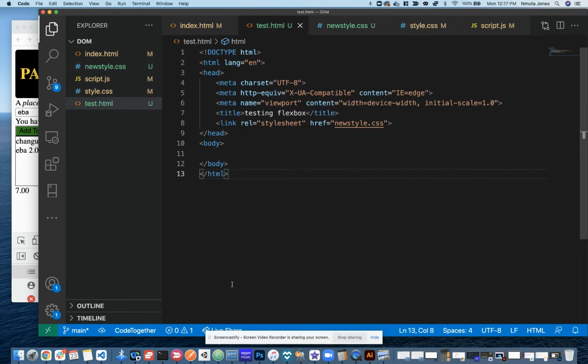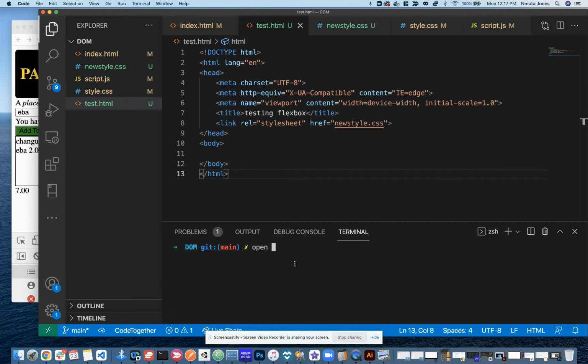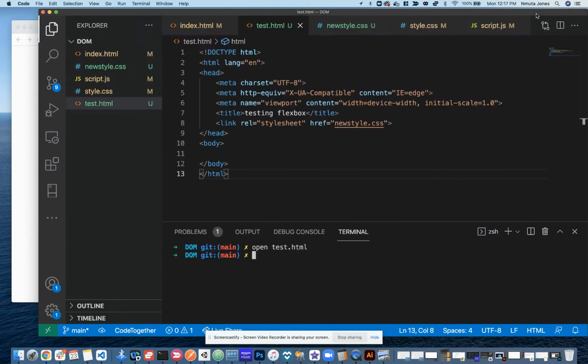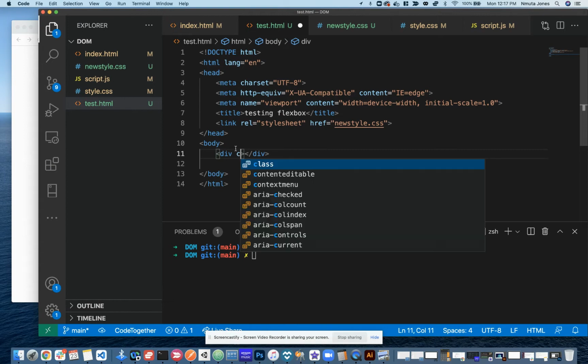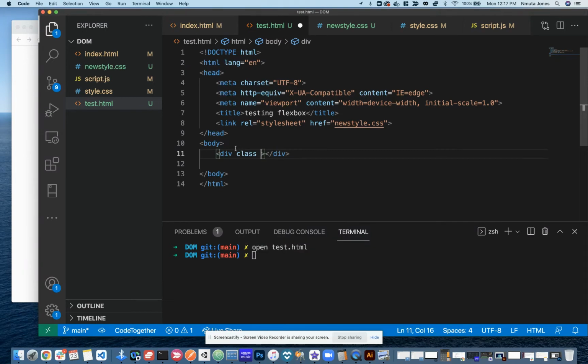Control tilde to get our integrated terminal. And then we have that, and we'll just do open this test.html. Right, there's our blank page. We're going to make a div. And let's give this a class equals. In fact, you know what? Let's make this